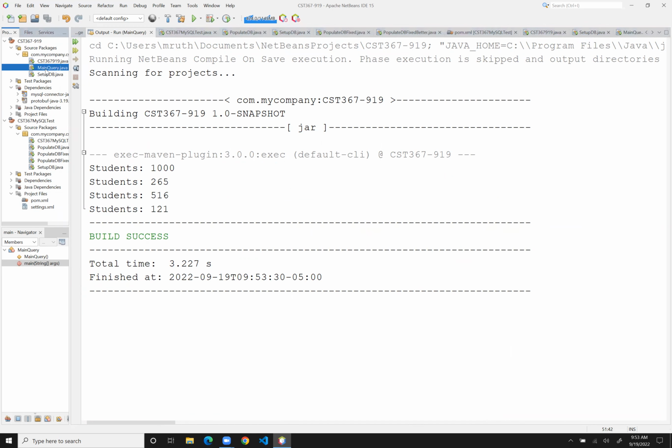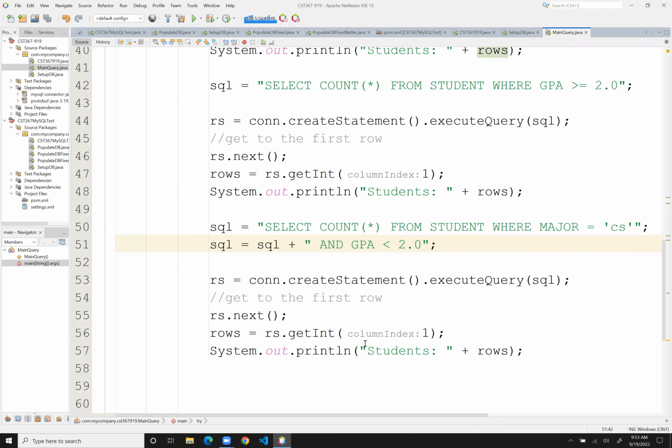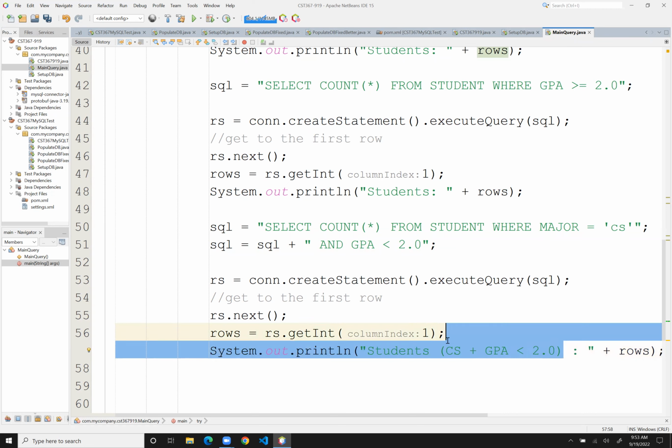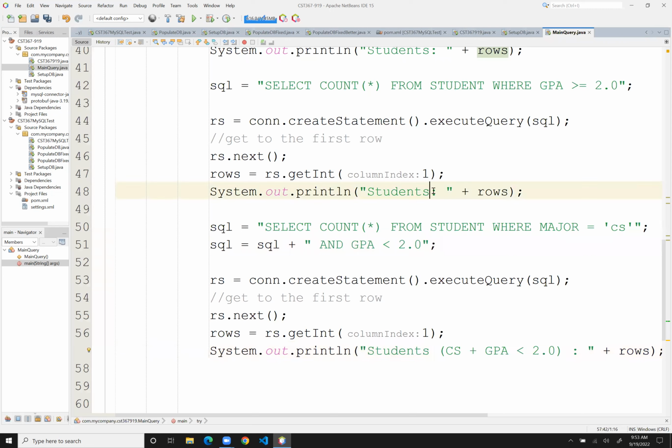If I wanted to, and I think this is what you were getting at, if I want to say what I was doing here, I could do this pretty easily. I was just trying to go a little quicker. And this GPA is greater than or equal to